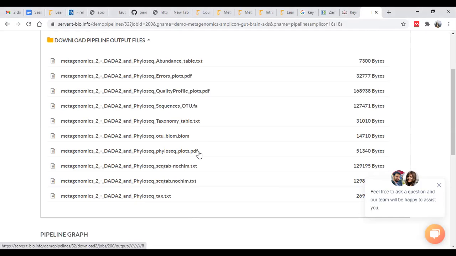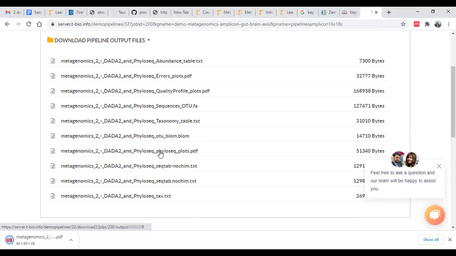Then, as we have already implemented phyloseq, we are finally able to complete the analysis, and we have obtained particular phyloseq plots. If you go to these phyloseq plots, let's understand what they represent one by one.